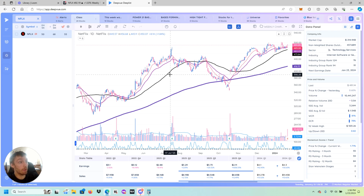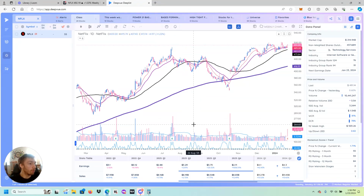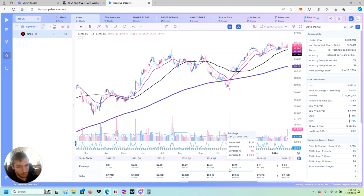You would have been safer within the money calls, but they're way more expensive. But we do have, it was only a 1% surprise for sales. We didn't actually beat the estimated for EPS quarter over quarter. We are down about 48% on EPS. Let me see. I did the math on this on one of my calculators. Yeah, 43%. So quarter over quarter, we're actually down for EPS, which isn't very good, but it's had a good